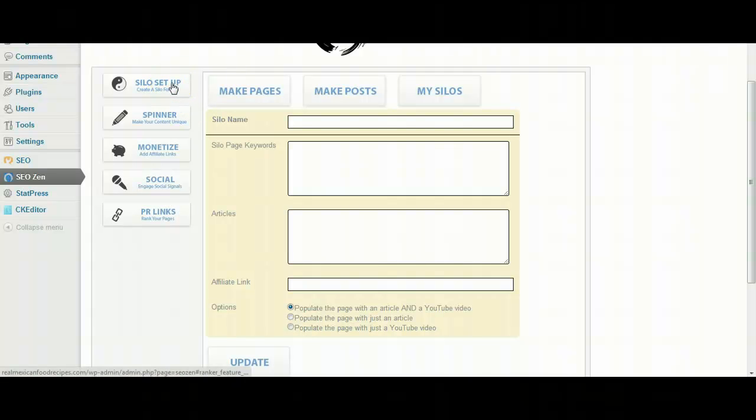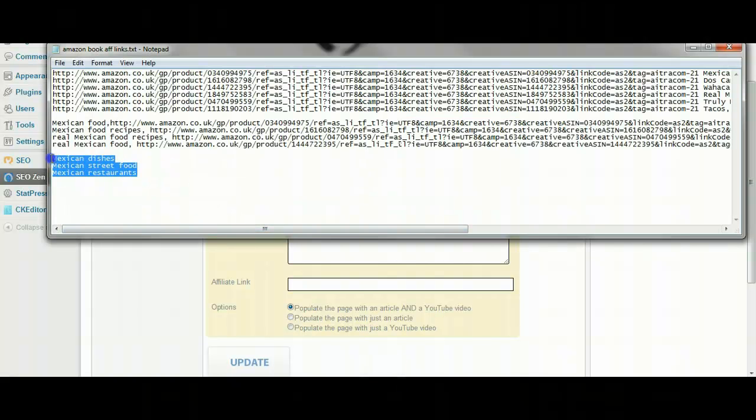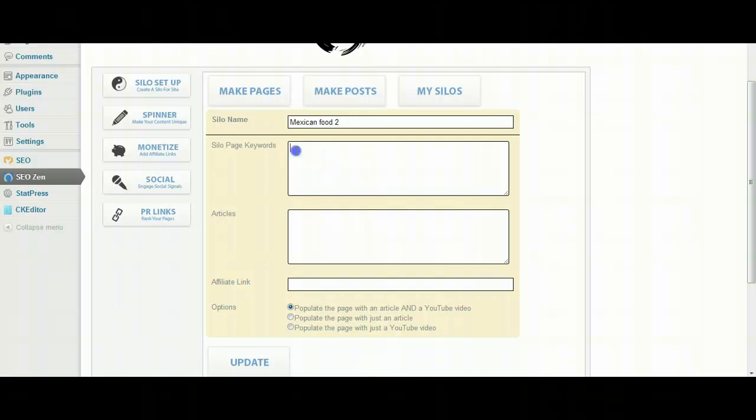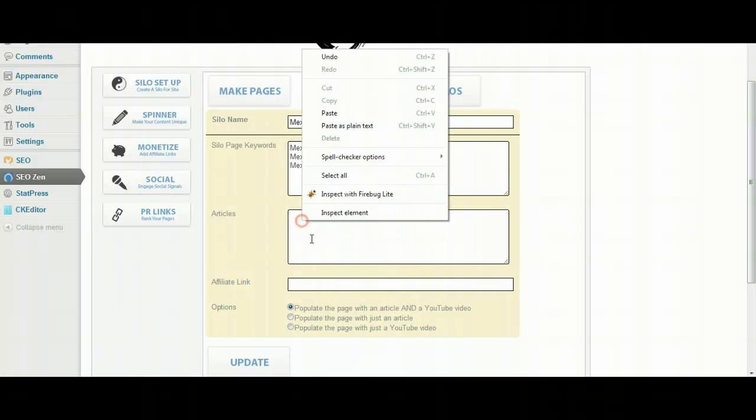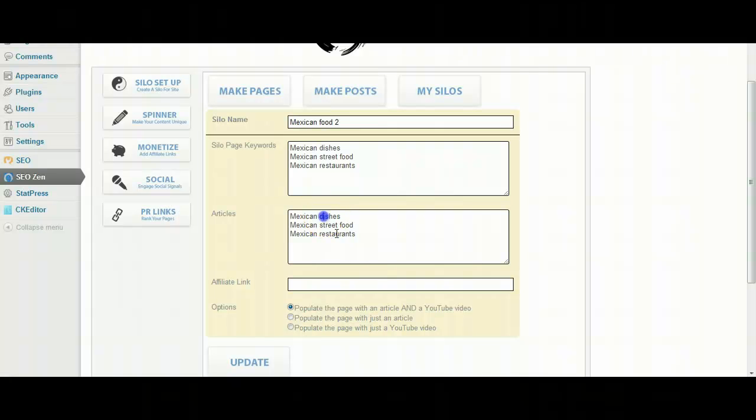Now, it works by creating silos. Now, a silo setup is a way of having relevant keywords on different pages and different posts and different articles. Okay, so for example, if you decided you wanted to do Mexican food 2, which is my silo name, my silo page keywords are going to be, I've gone for these three here, which are to do with Mexican food. Now if I put those in there as well, the articles, Mexican dishes, street food and restaurants,